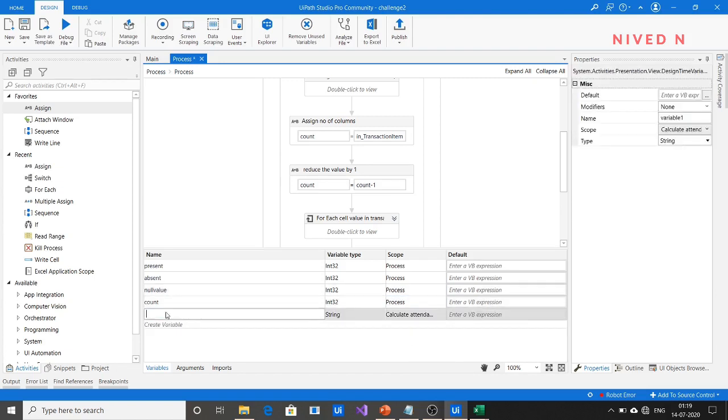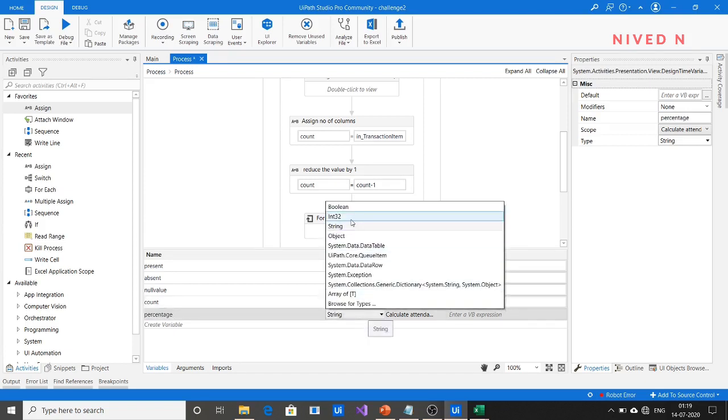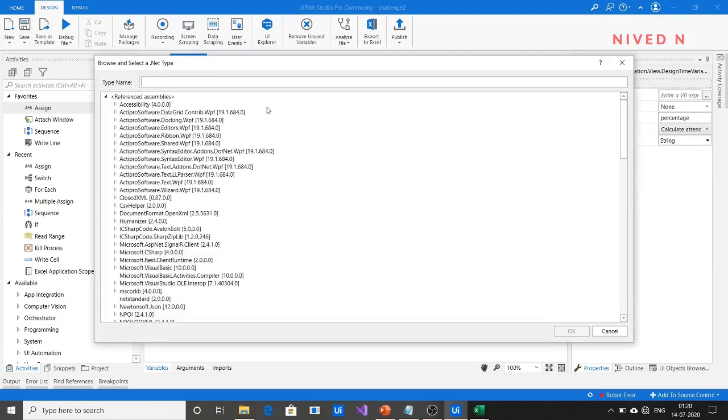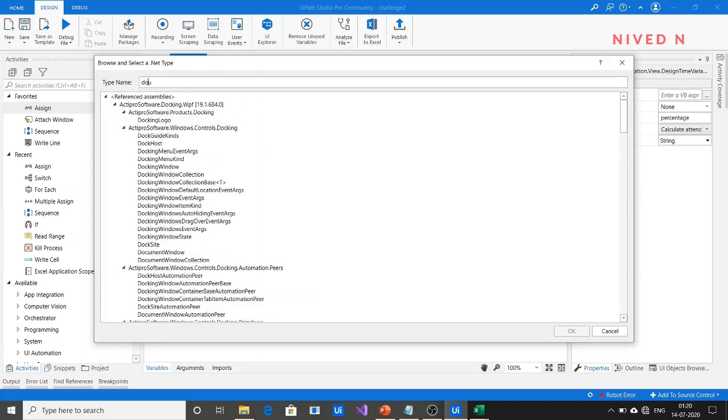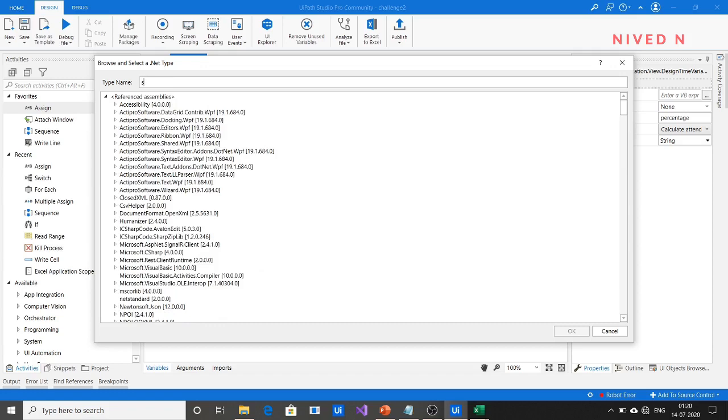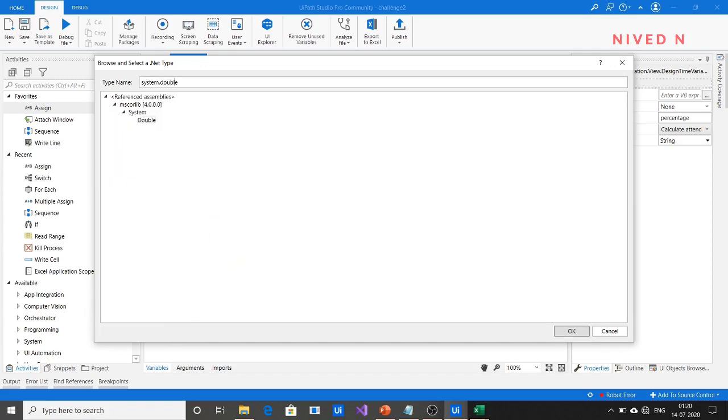Create another variable, percentage. We can specify it as double, because percentage can't come purely in integer format. It may come in decimal values also. So we can specify it as System.Double.